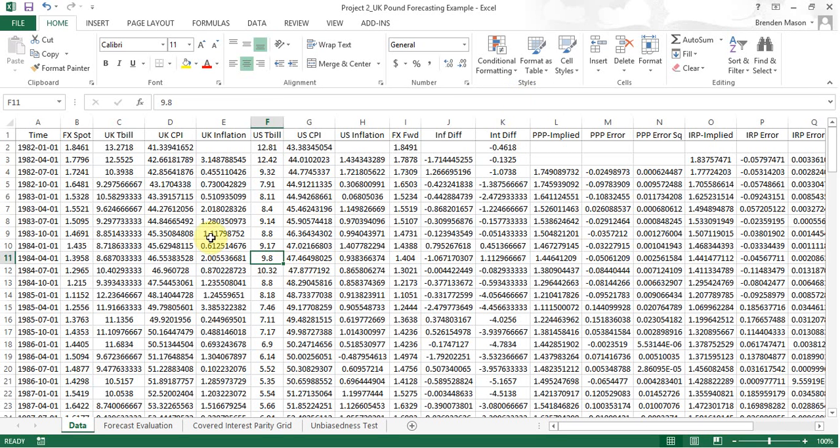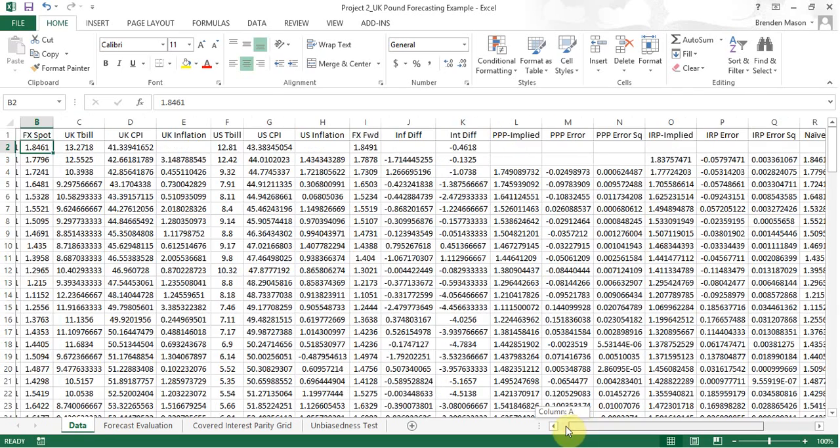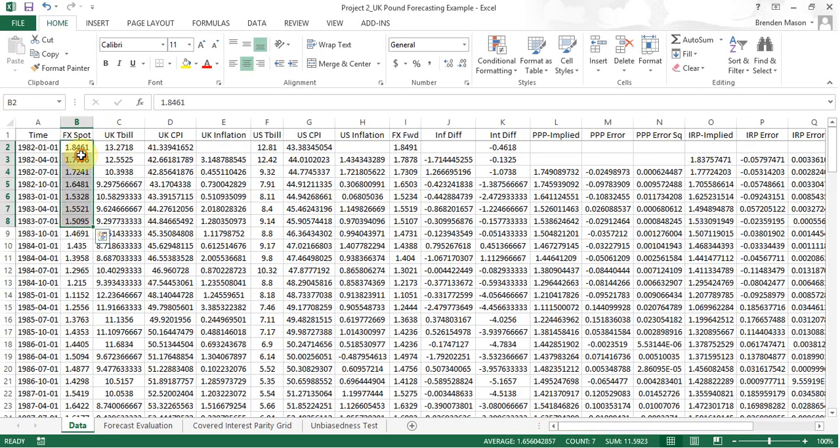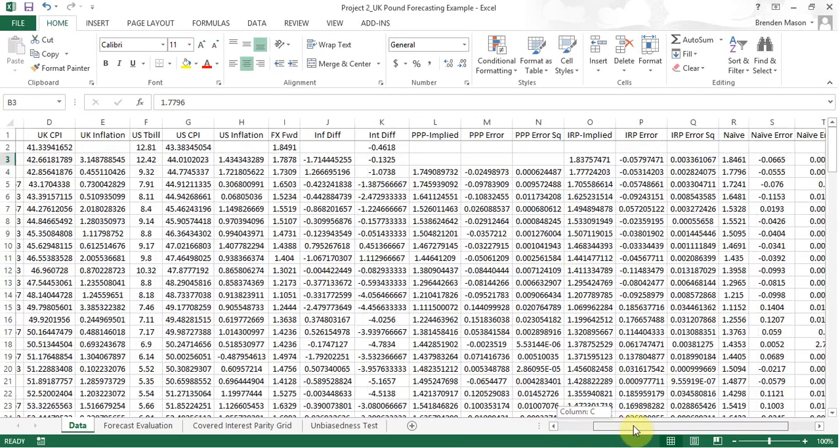Okay, so in this video, I'm going to show how to run the regression in Excel, and unfortunately, because I'm not able to get the forward market data from the capital markets room at the Fox School, we're just going to do a basic test of foreign exchange market efficiency. What that entails is just regressing the spot rate, the current period spot rate, this column here, on the previous period spot rate, which is this variable right here, the current spot rate, lagged one period, which you already have